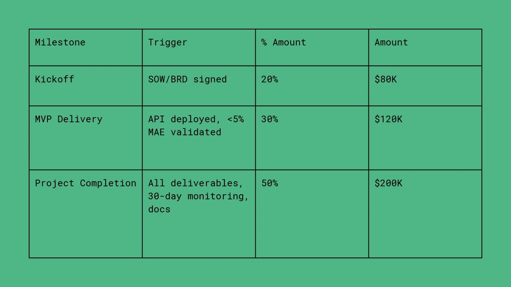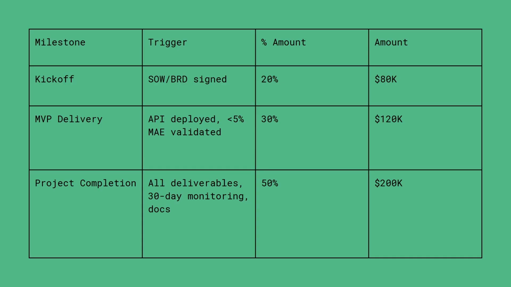Don't ask for 100% upfront. Don't wait until the end. Three-way split tied to milestones. The way this works is kickoff payment, 20%, covers initial work, discovery, requirements, TDD, team onboarding. It protects you if